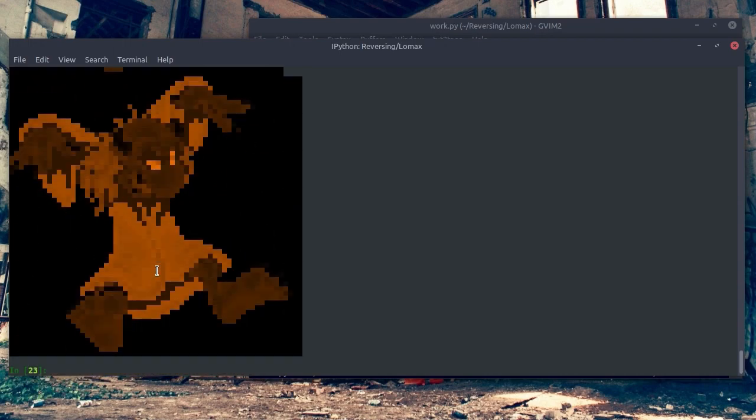I think we're on the right track here. Now, well, two mysteries left. One, how do we deal with the half-width images? And the other would be, where are all the colors stored? I'm guessing the colors are going to be stored in one of the other sections that we haven't looked at